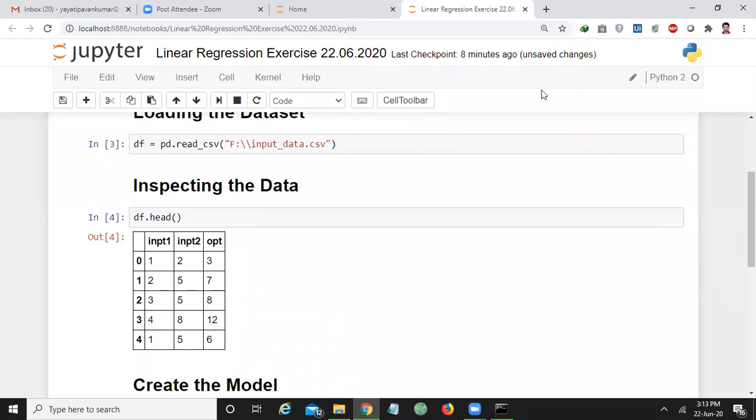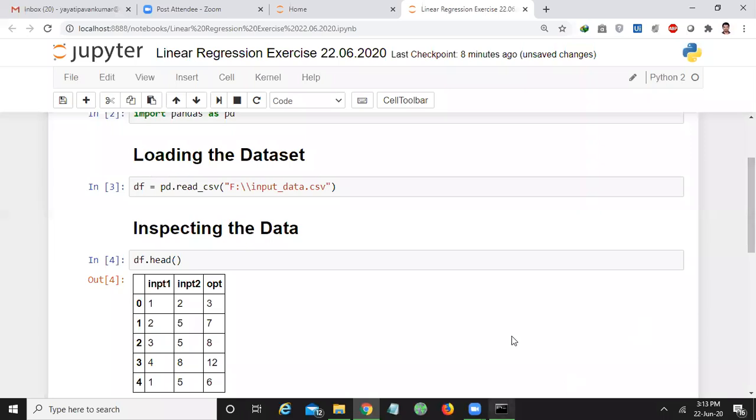Have you saved the file? So these are the loading the data set. Sir, it is showing error as labels of OPT is not contained in axis, meaning whether you have saved your file in .csv extension or not. That is very important. If it is not in the .csv extension, such kind of errors will come.